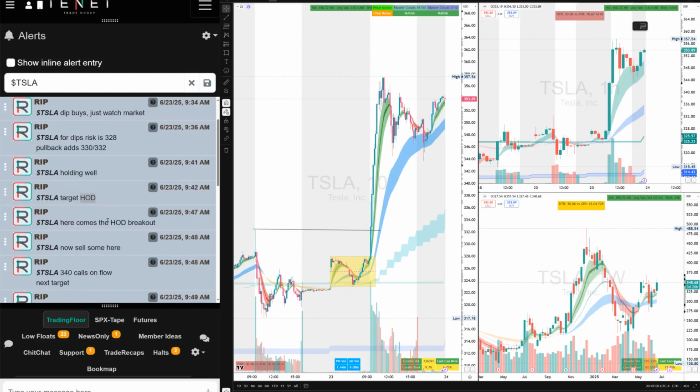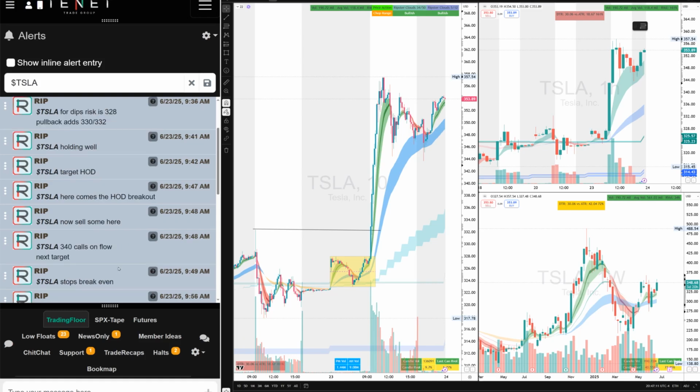So target was high of day, and then I gave the high of day breakout. I saw a lot of flow coming in on 340 calls. I told the traders; I actually read the flow live on voice. I saw 350 flow. I even saw some 360 flow. I talked about all the flows. I continuously guide my traders, so my traders know that. Even my followers, those of you who've been learning from me for years, know my teachings about that, right?